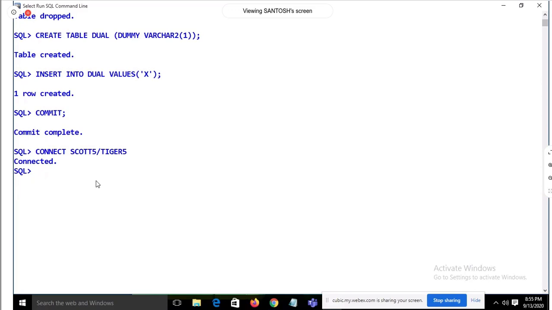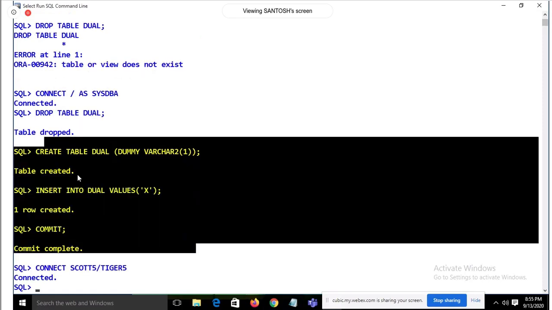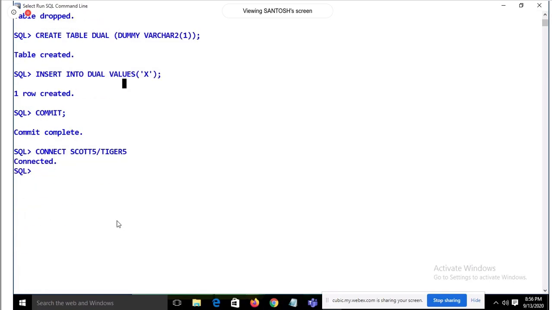Remember, after 5 or 6 or 7 sessions, the dual will come into the picture again. Again, I will show you how to create the function. And believe me, at that particular time, some questions will come up from the back end. Remember, I don't expect this question from you people. That's why I did all the exercises with the dual. I dropped the dual, I created the dual. So dual is nothing special. It's a simple table.